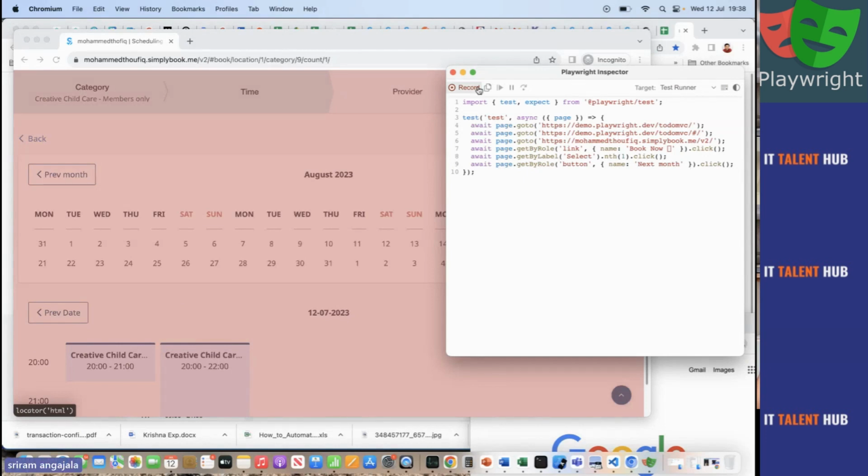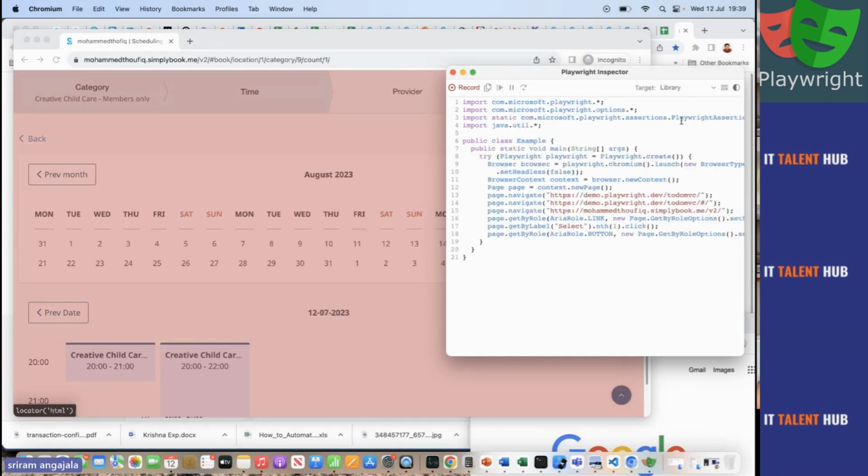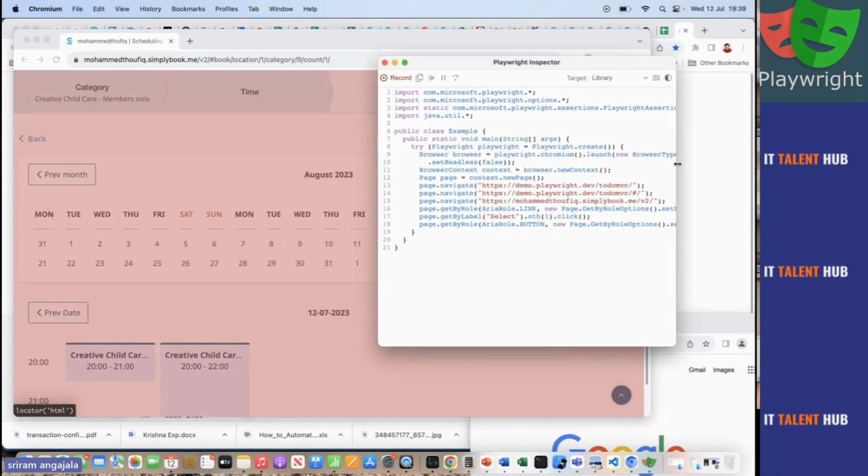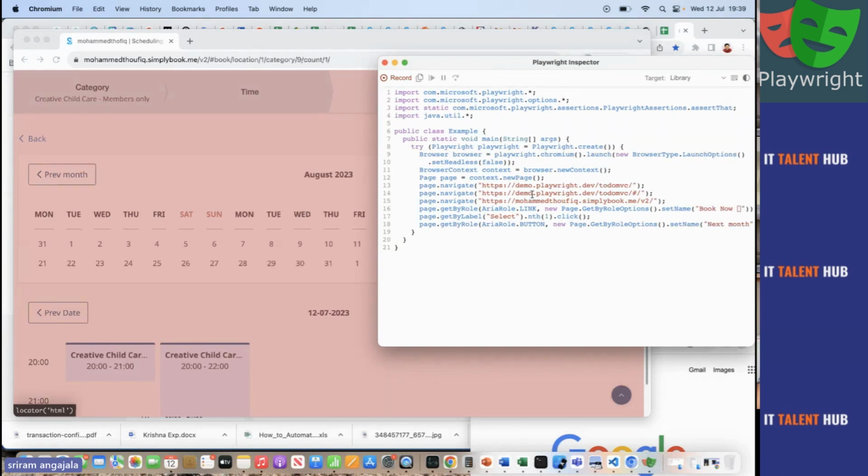Now, the best part of this Playwright is, sir, I am a Java developer or a Java automation tester. What is the meaning for me? You can see here at the same time, the test can be changed into any language. Now see here, I can make it Java. The same test, even I will do a recording again, don't worry. The same test, whatever I'm doing, it can convert into Java as well. So I hope you can see here, public static void main is Java, not JavaScript.